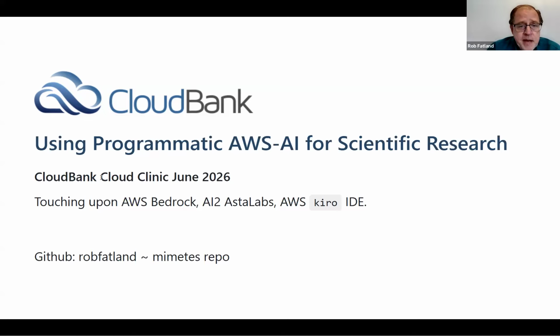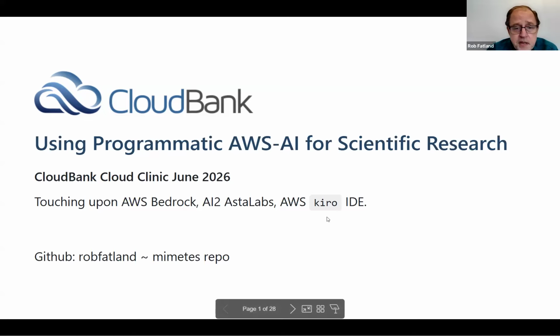Then I'm going to mention the Allen Institute for Artificial Intelligence, ASTA Labs. Those are research tools that are made available by the AI2 nonprofit. And then I'm also going to be talking about using an integrated development environment, which is a version of VS Code called Kiro that's also published by AWS.